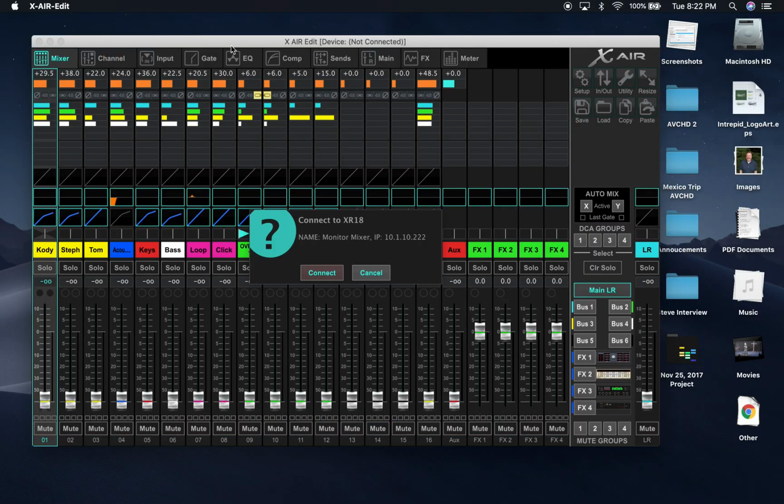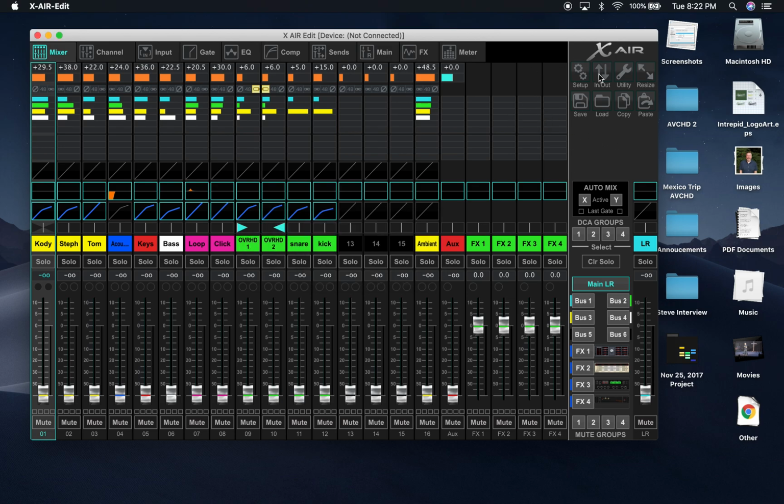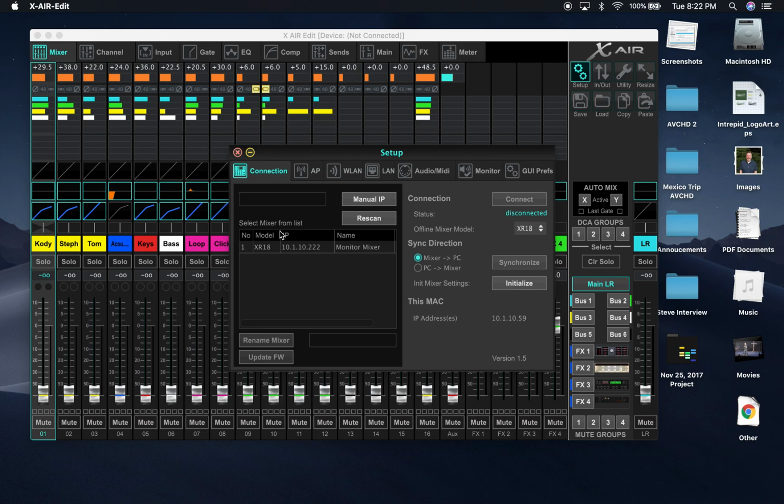It brings up the app, and it shows you that there's a mixer available. That will always happen if you're connected to Intrepid Band and the mixer's on. If it ever doesn't happen, get connected to Intrepid Band, get the mixer turned on, go into Setup, and you'll find it here. You can rescan to find it, but once you're connected to the internet and it's turned on, you should be fine. It'll be right here, and if you didn't get connected to it before, click on it